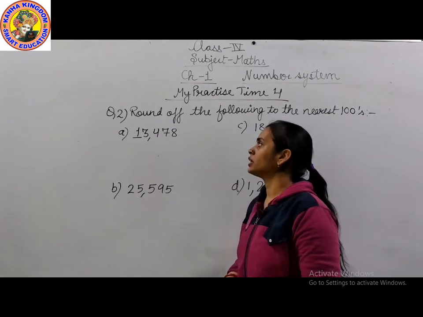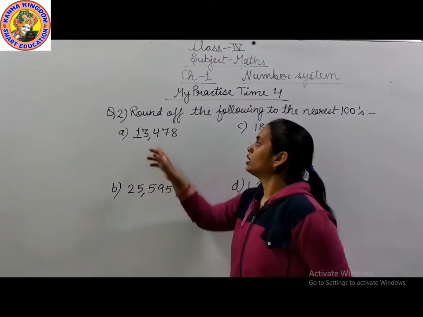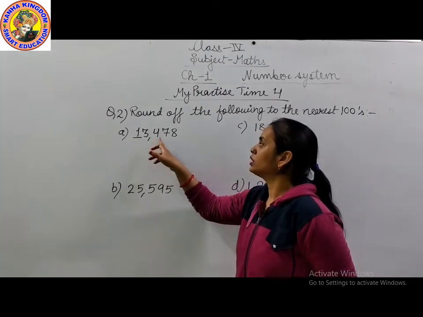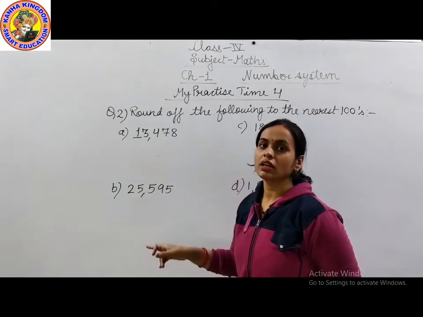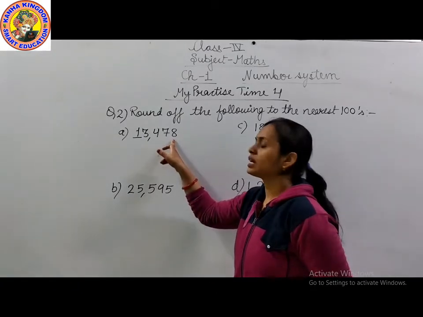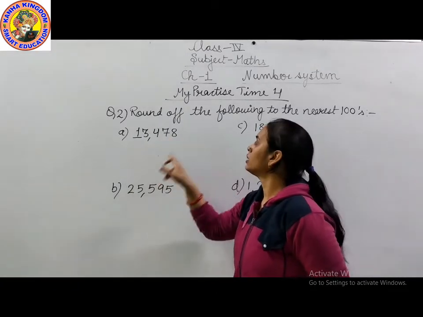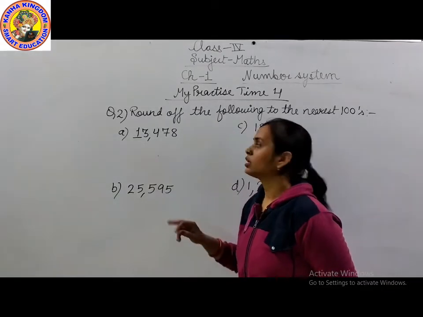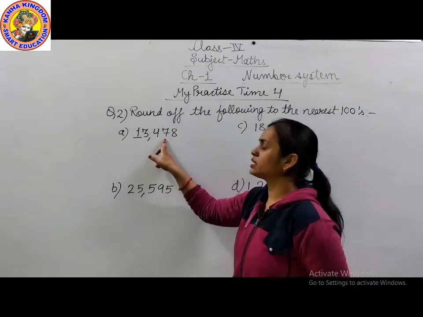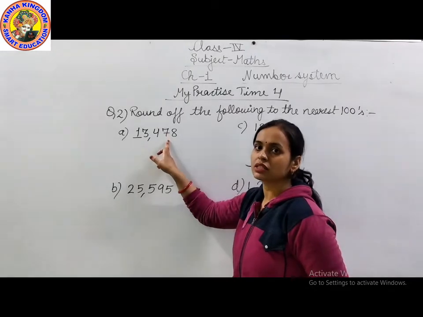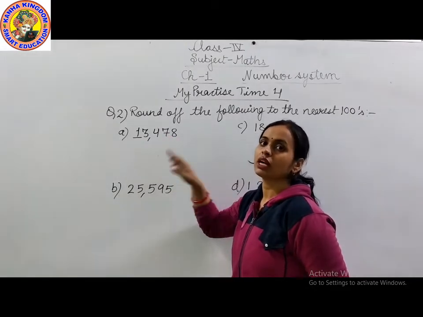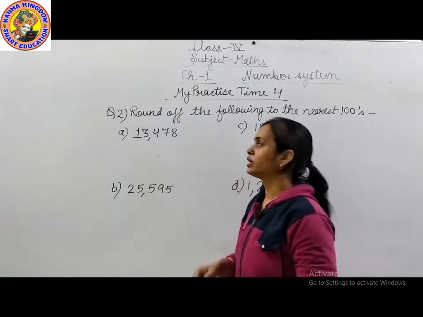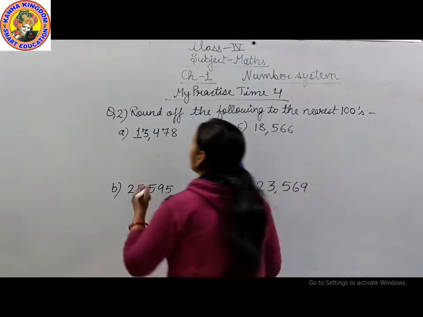In nearest 10, we look at the digit at the ones place. In rounding off to the nearest 100, we look at the digit at the tens place. If the tens place digit is 5 or more than 5, we write the next 100. Means